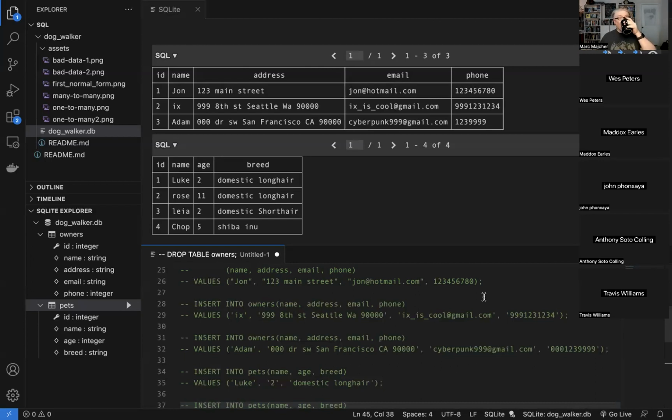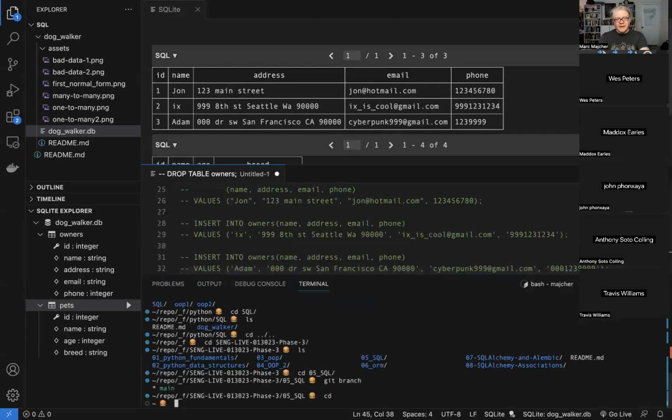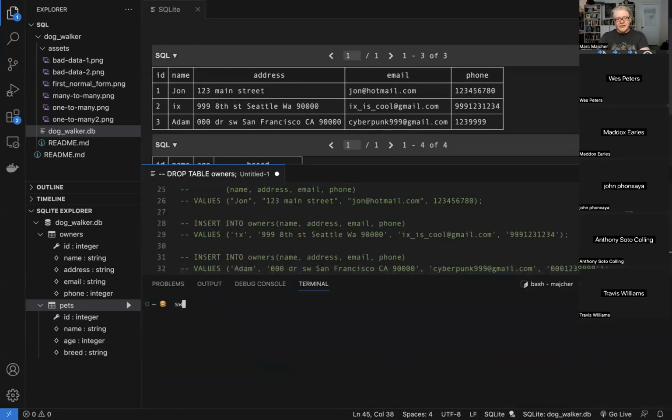One additional question. Is VS Code and the SQLite extension your preferred way of viewing and manipulating SQL data, or do you ever use the DB browser? It is now. I used to mostly just do it on command line. You get a command line and just say sqlite3, I think it is. I think I can give it the database.